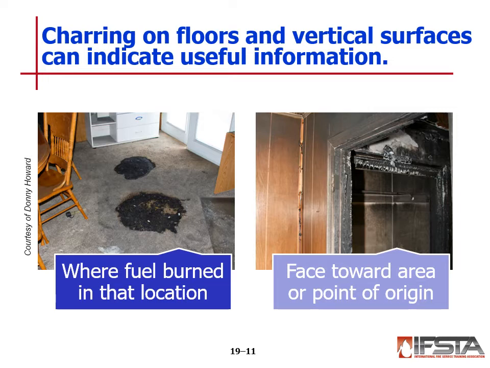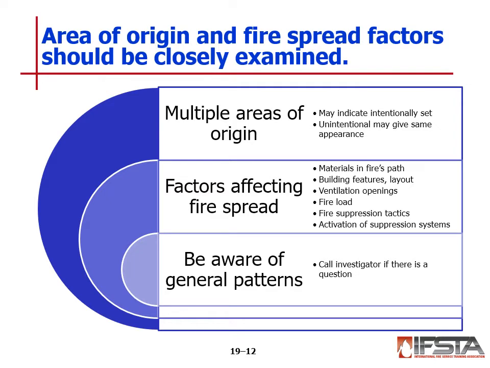There are a lot of different things that can point to that, but that's one of the, like I said, one of the signs that we have a piece of evidence that gives a high index of suspicion that arson has occurred. So other factors that affect fire spread, a lot of this stuff is things that you've already had: